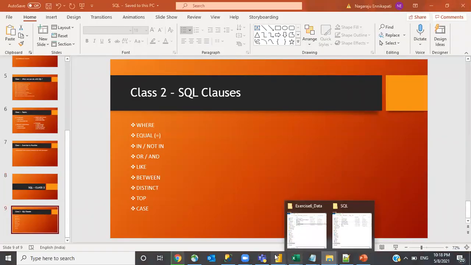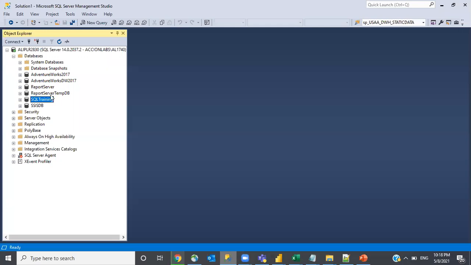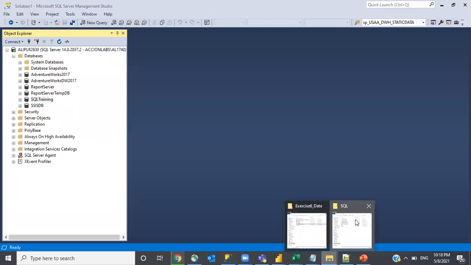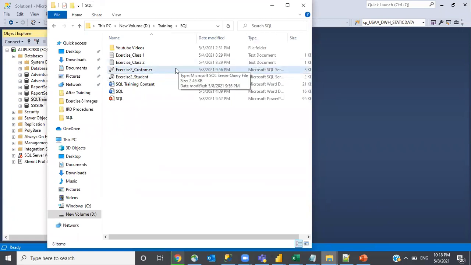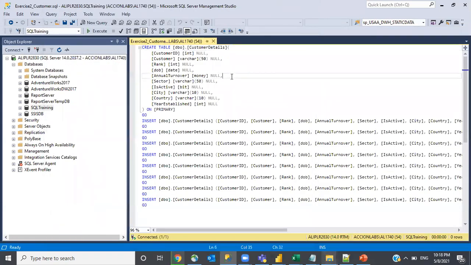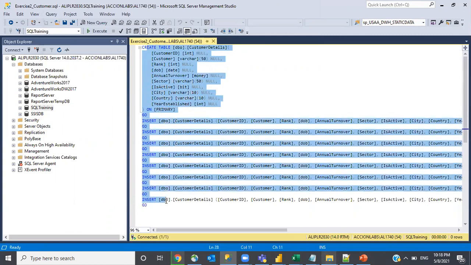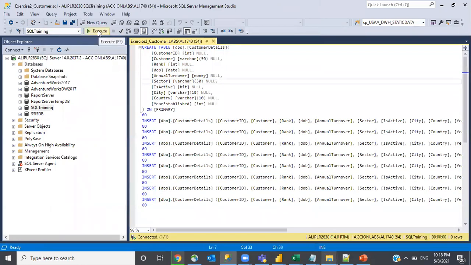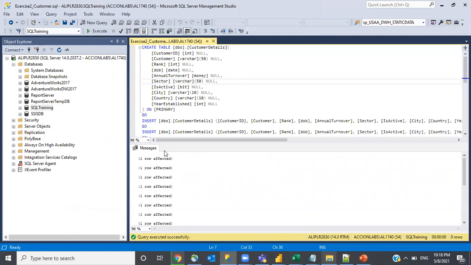For this, I don't have any respective table to show this kind of thing. So basically, I have a script. This is an SQL script, and you will find this script attached in the video description. Just open this, drag and drop it. This script has the complete script along with the data as well. Make sure that you are selecting the respective database here, and then click on execute. Once you execute successfully, you need to see the query executed successfully with the various rows affected.